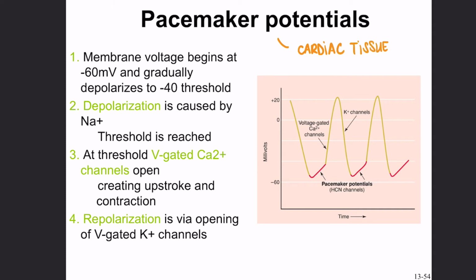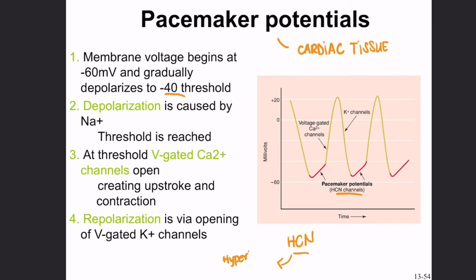And what it does is actually a little different. It uses these channels called HCN channels that are going to depolarize our cell and produce these pacemaker potentials. In this cardiac tissue, the resting membrane potential is about -60 millivolts, and these pacemaker potentials are going to cause it to go to a -40 millivolt threshold. That threshold is caused by the opening of these HCN gates, and they are called HCN gates because they are actually opened by